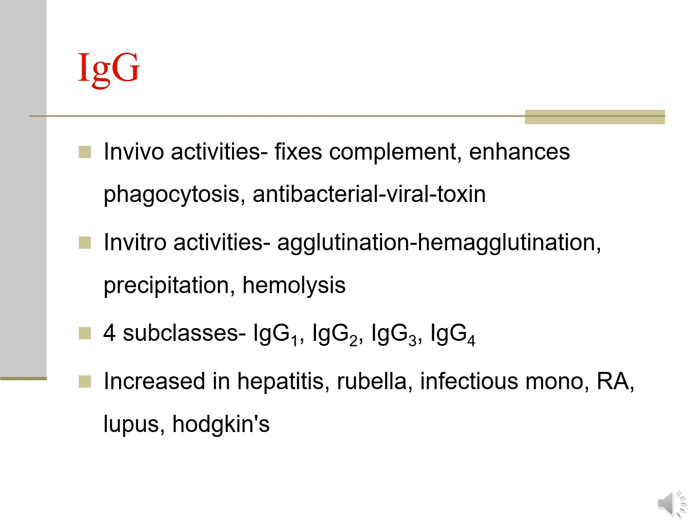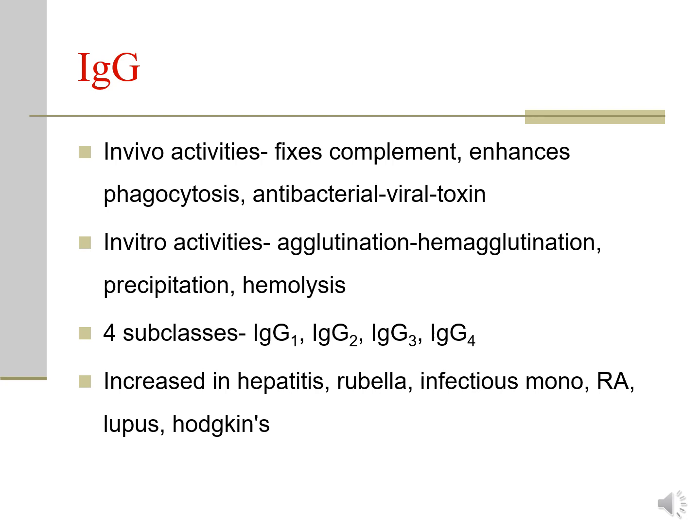The in vivo activities of IgG are that it fixes complement, it enhances phagocytosis, and it has antibacterial, antiviral, and antitoxin properties. Adult levels are reached by around 6 months of age. The in vitro activities: agglutination, hemagglutination, precipitation, and hemolysis. There are 4 subclasses: IgG1, IgG2,